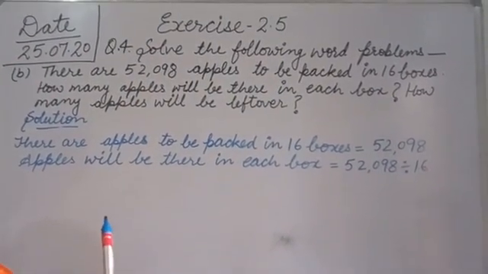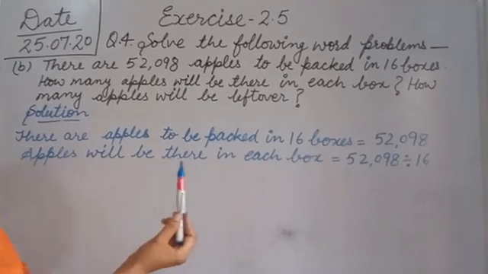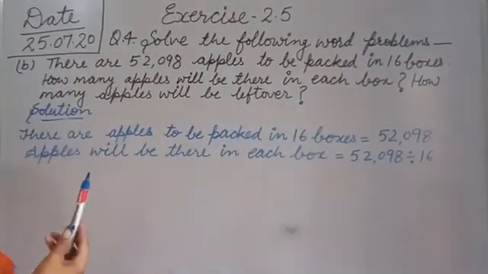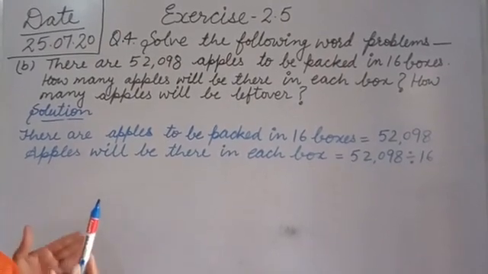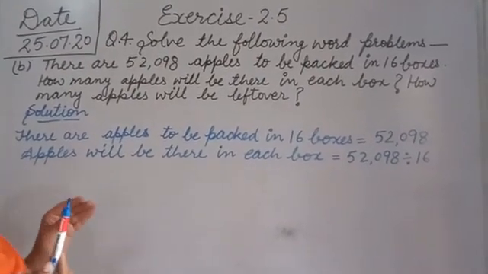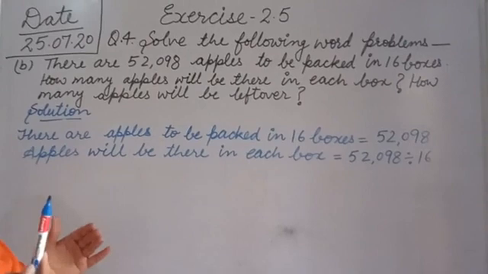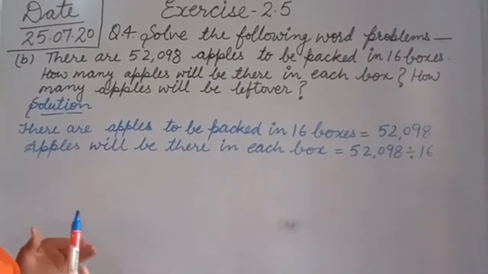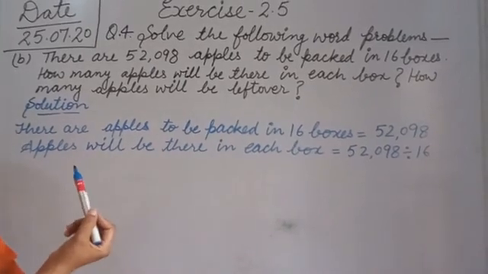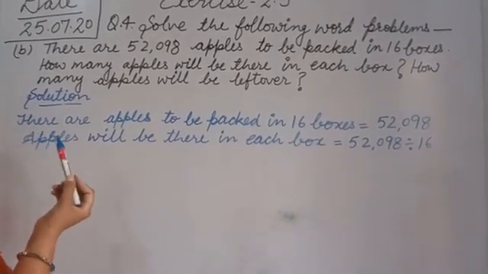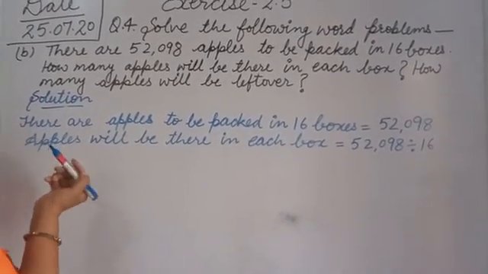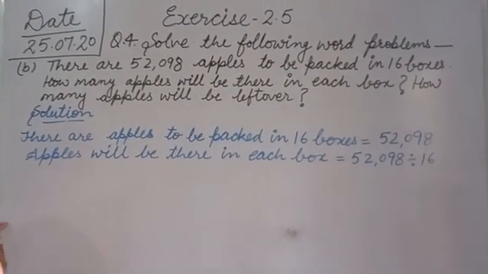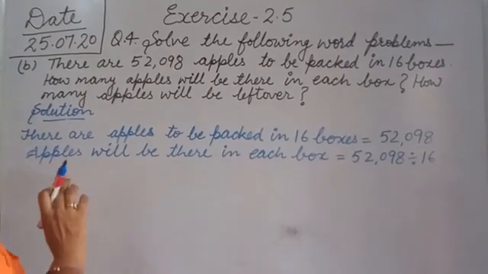So for that we will do divide. Okay. Now here it is asking how many apples will be left over. Left over means remainder. How many apples will be left? The remainder is the apples that will be left over. That will be extra because remainder is the left over number. Okay. So now we will do division. We should start our solution. So first, what sentence will be there? You should always solve a word problem with a sentence.